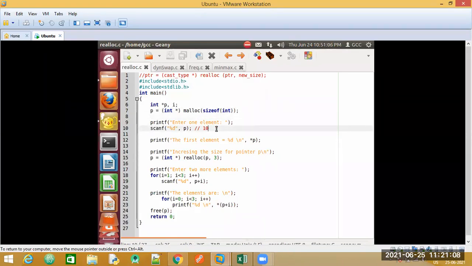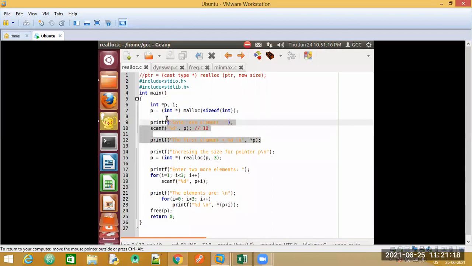In the next statement, I'm just printing what I have accepted from the user. You are aware of these statements. You know that asterisk p, the indirection operator, will give you the content at that location.